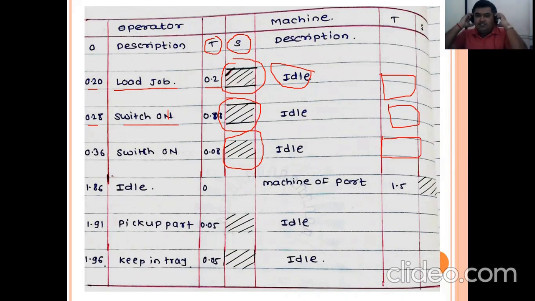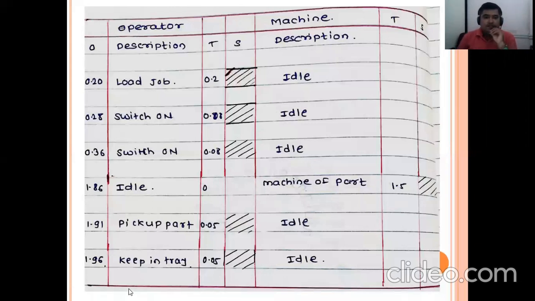Let's say a drilling machine. I have switched on the drilling machine. The drill tool is in rotary condition, but no job is below the drill. The drill tool is just rotating idly. So that is called idle. When it touches the workpiece and drilling starts, at that time we can say the drilling operation has started. Up to that, the machine remains idle only. Is it right? Then once the job is loaded, the particular tools are set.